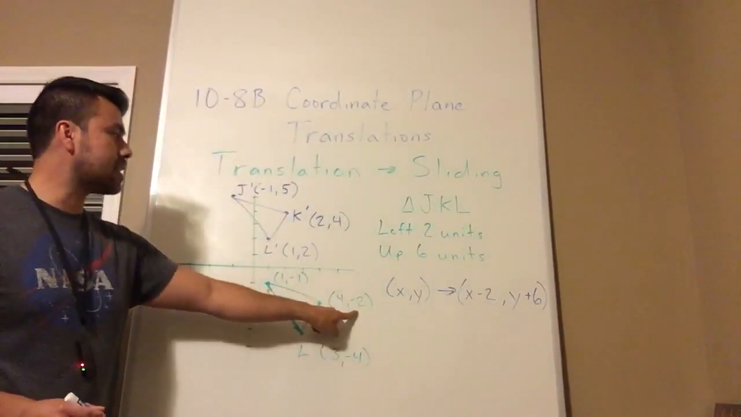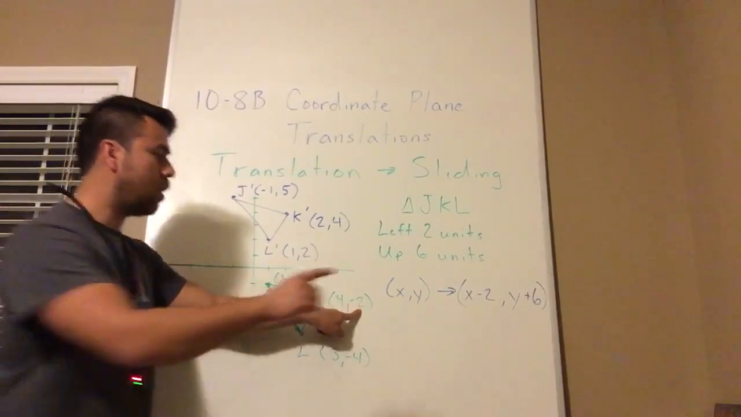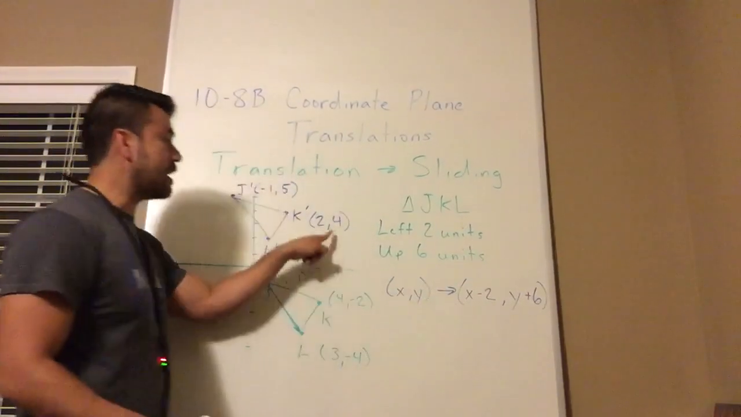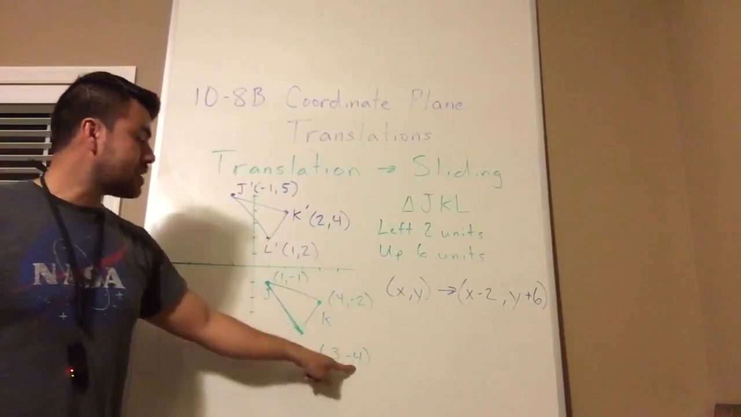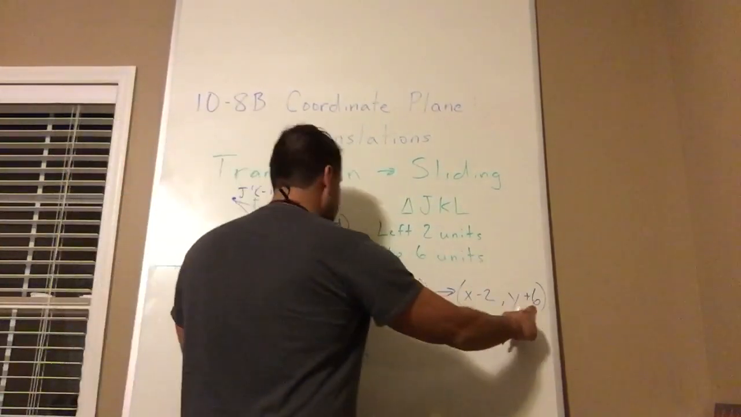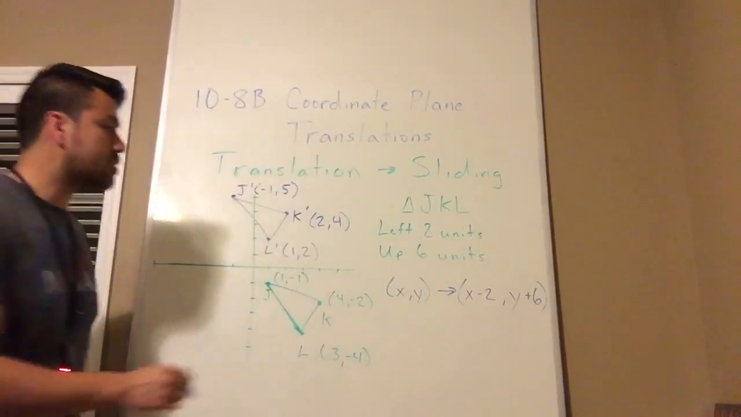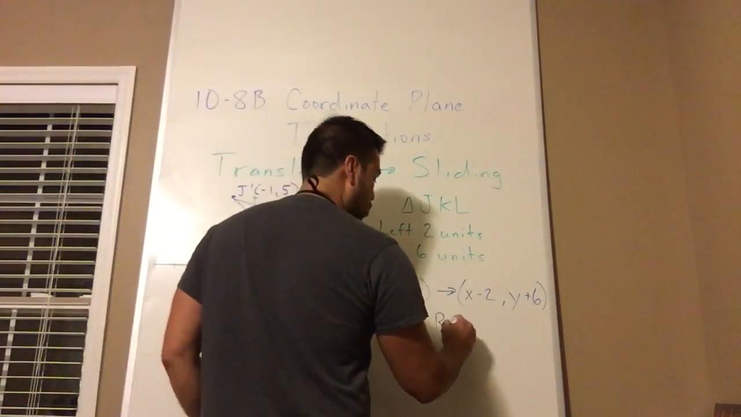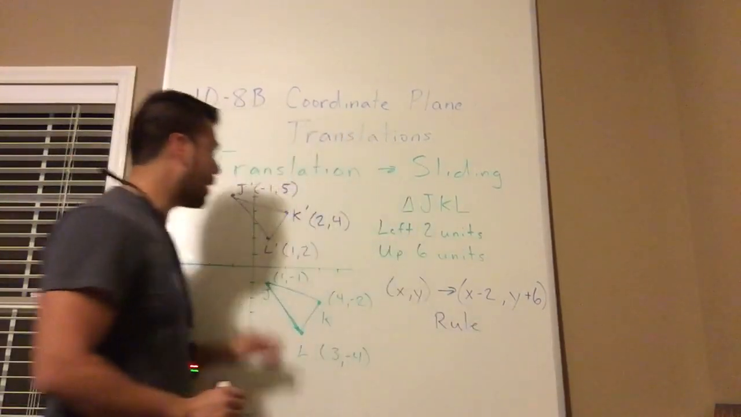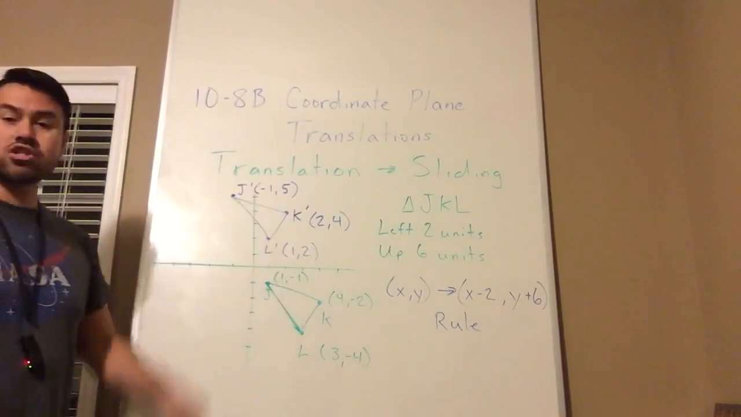Let's look at k to k prime. What's -2 plus 6? That gets me my positive 4. What's -4 plus 6? That gets me positive 2. So this right here is the rule, and this right here is the showing of the translation, the sliding of